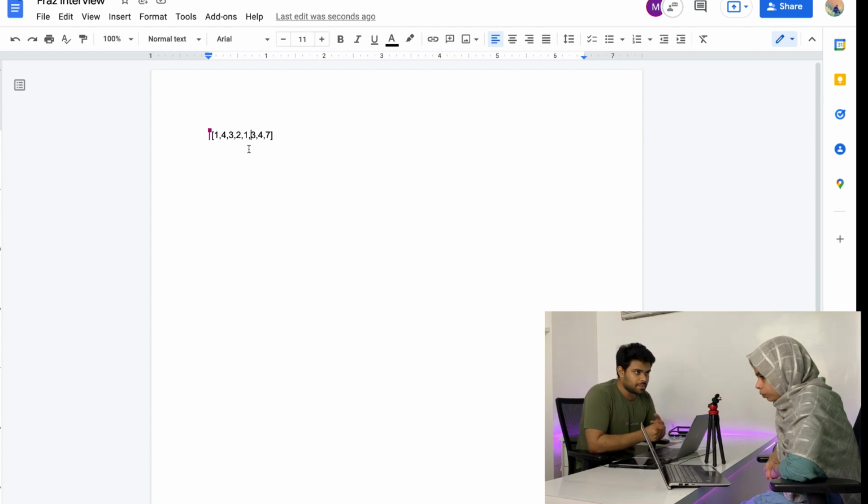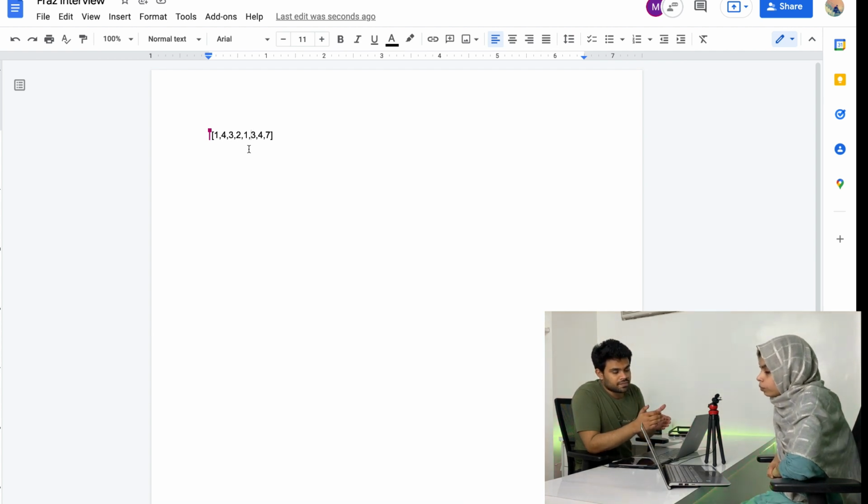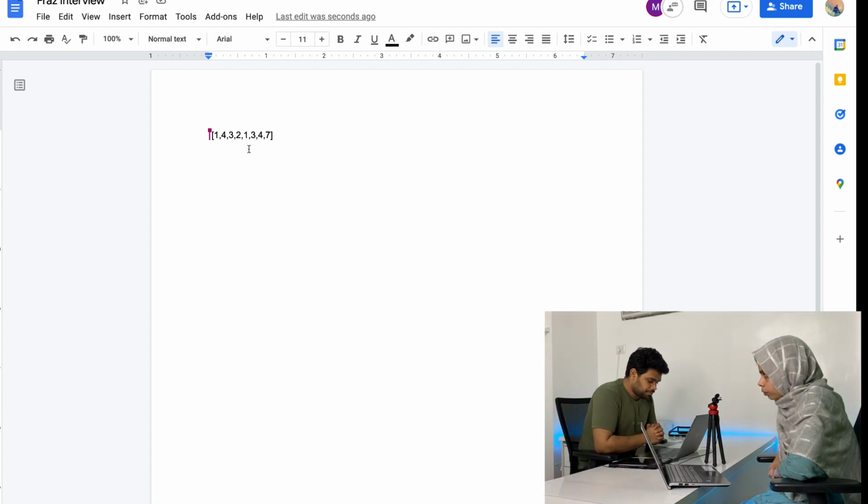So let's say if I'm inserting 4, all the elements which are smaller than 4 and which are coming before 4 are going to be removed. They are of no use in the future windows. So yeah, I can maintain such a structure. I will keep pushing elements into this particular structure and I will keep removing the elements which are smaller than the current element. So it will be kind of a decreasing structure.